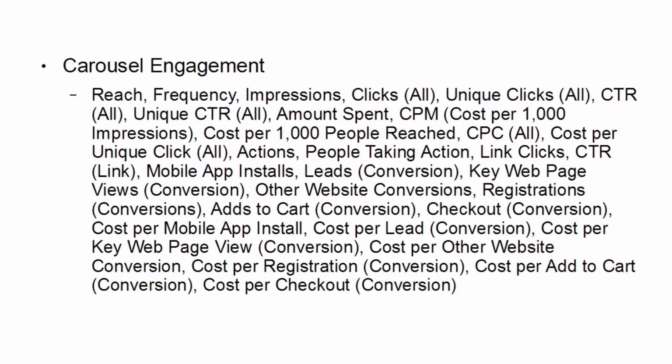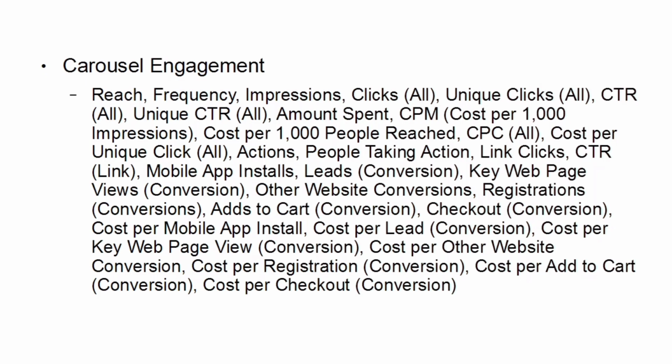So this is to do with carousel ads and carousel engagement, and that includes the reach, frequency, impressions, clicks, unique clicks, CTR, unique CTR, amount spent, CPM, that's cost per 1,000 impressions, cost per 1,000 people reached, cost per click, cost per unique click, actions, people taking action, link clicks, CTR, mobile app installs, leads